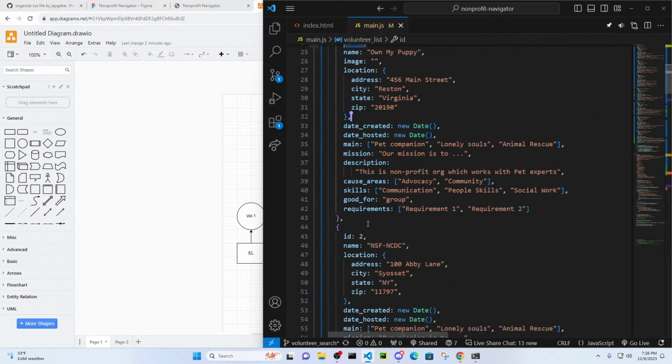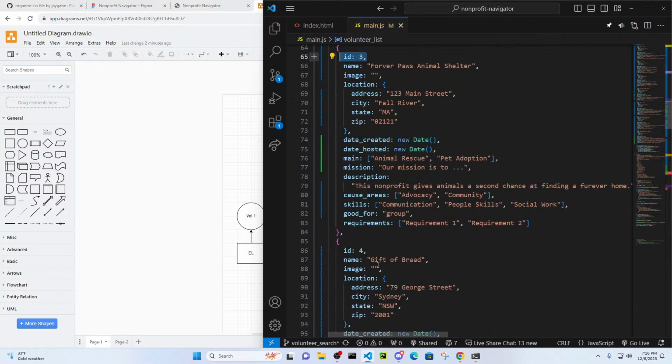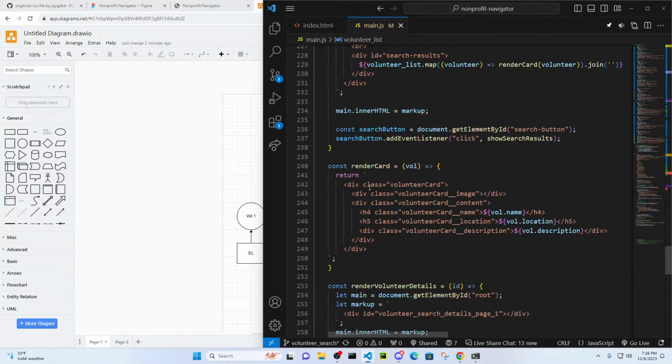This one's ID 1, this one's ID 2, this one's ID 3. So when we render our cards, we're going to add a data attribute to the card container. It's just going to be data ID equals